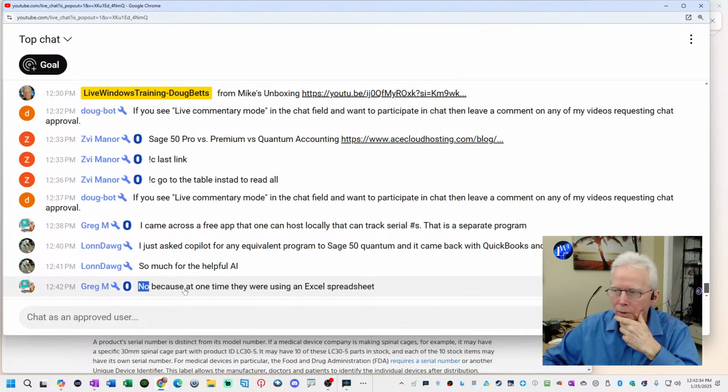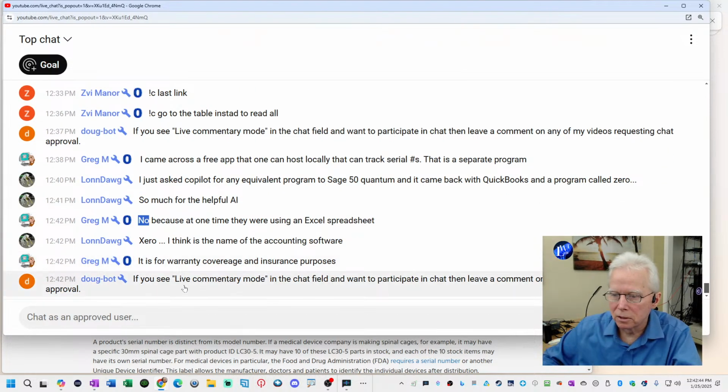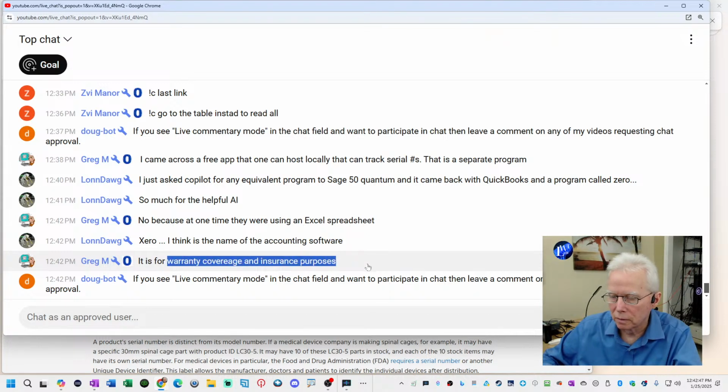Yeah, so maybe you should explore with them other ways to do the serial number tracking. You probably will need to become more acquainted with what they need to do with it. It says it's for warranty coverage and insurance purposes. Yeah, so the serial number will need to be identified to a customer. Maybe you have customer ID numbers. Maybe you want it to have the customer name. It'll need to track the purchase date, how long the warranty coverage is for. Have they made a warranty claim previously on this product? It probably needs to link to other products that the same customer has purchased from your company, so you can see their overall